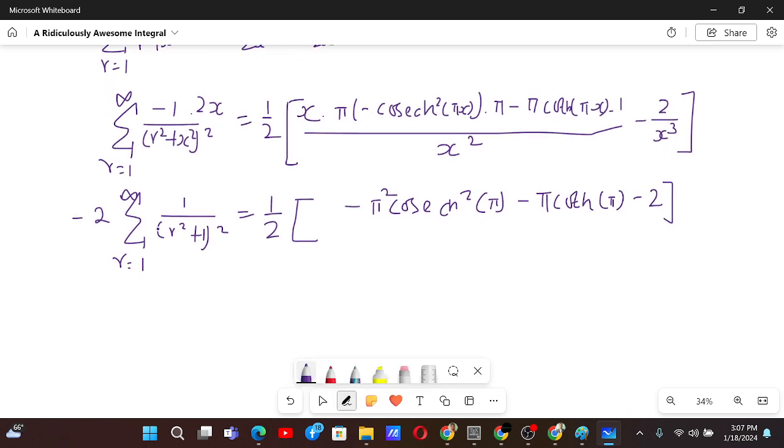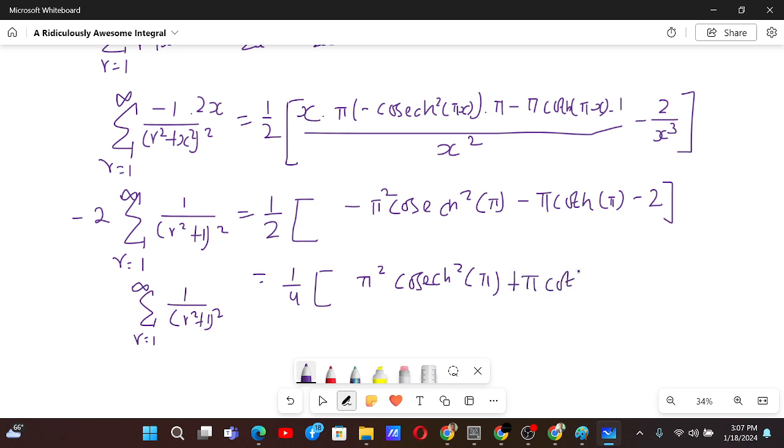And then we can take this 2 also over here, that gives us 1 by 4, and we multiply by the minus sign, that gives us a sum from r equals 1 to infinity of 1 by r square plus 1 whole square, and that gives us pi square cosec x square pi, and then plus pi cot as pi,